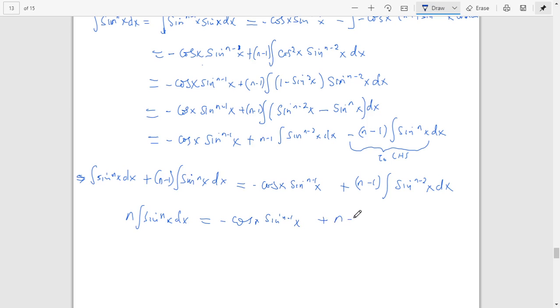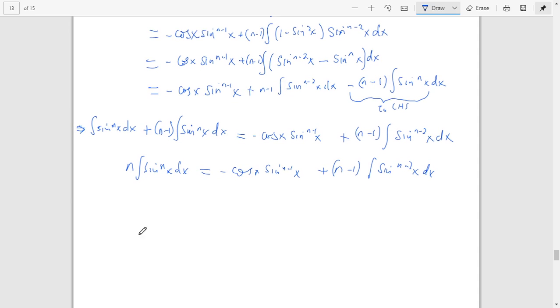Plus n minus 1 integral of sine to the power of n minus 2 x dx. Finally, because I'm just looking for the integral of sine to the power of n x dx, I'll divide both sides by n. If I divide both sides by n, I have that my integral of sine to the power of n x dx